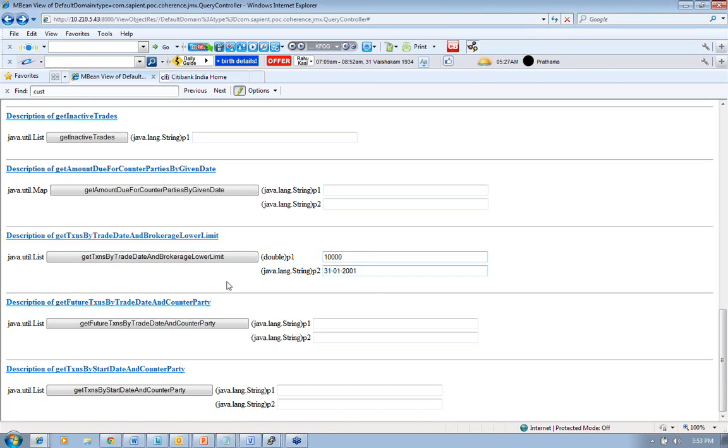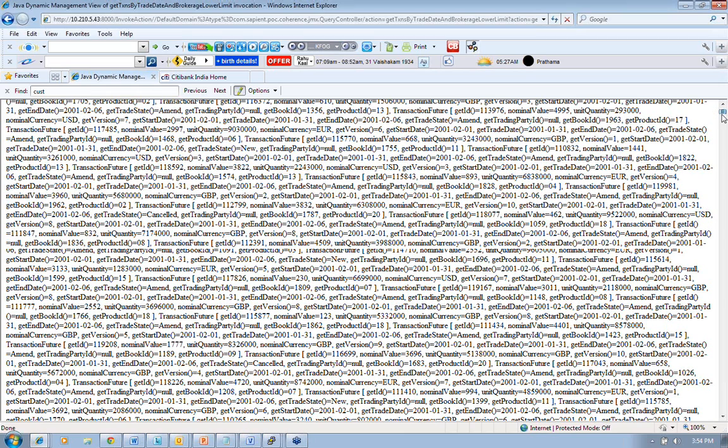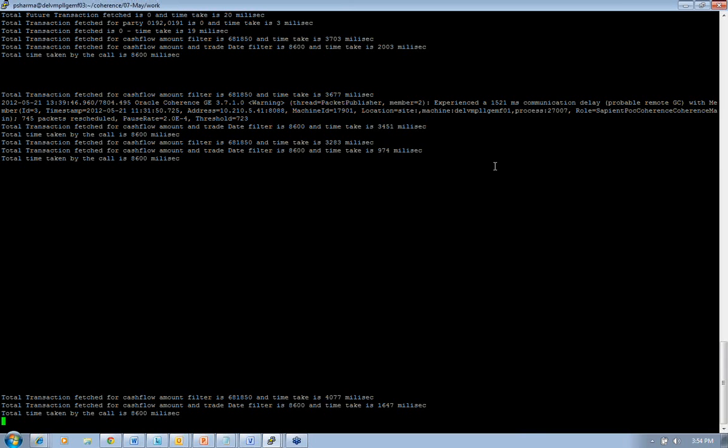I've given a date based on the data set I have. I'm getting back lots and lots of information, which is just printed on the client, but we'll go back and see the log files, and what we see here is that